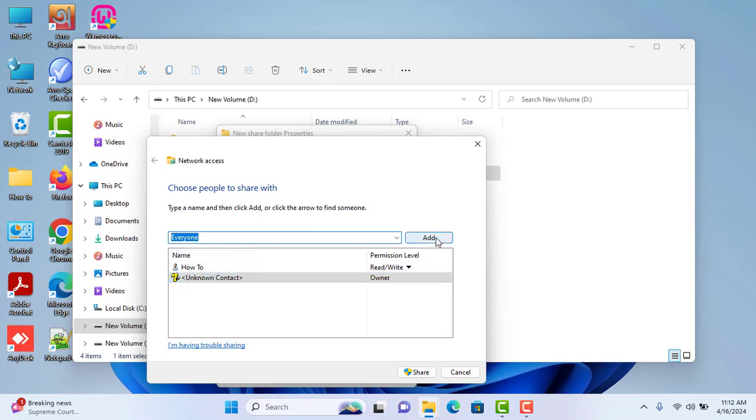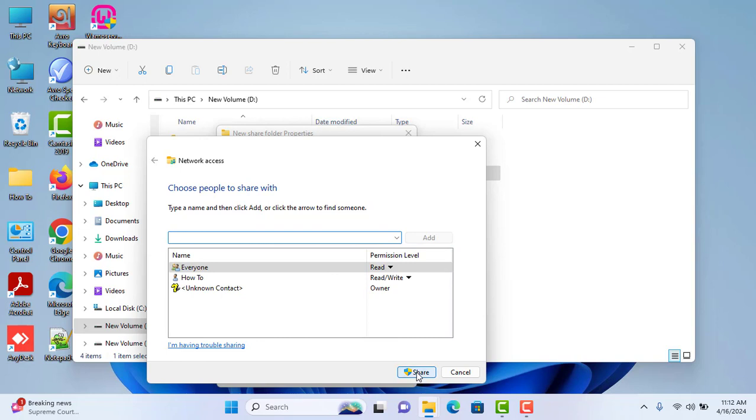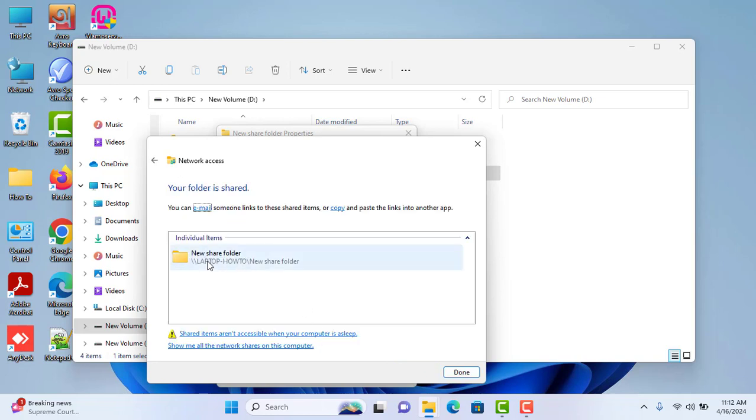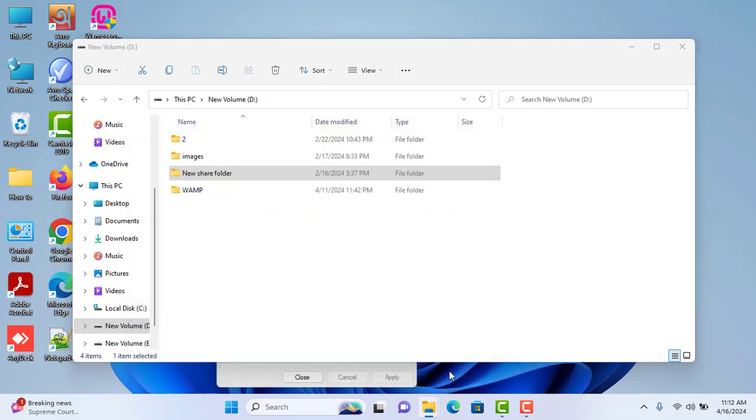I choose everyone and click add. Then click the share button and type your password for security purposes. So you see that the folder is being shared here. Done. And again, you want to see that